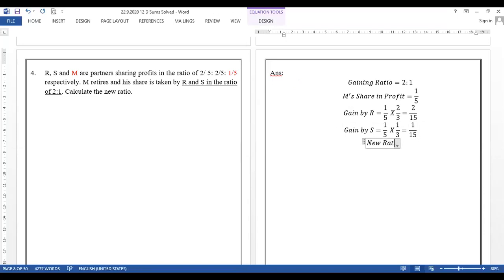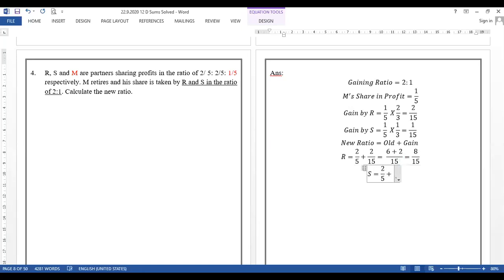The formula for the new ratio is old share plus gain, the share gained from the retiring partner. So for R's new share, old is 2 by 5 plus gain 2 by 15. The LCM will be 15. So 3 2s are 6 plus 2, which is 8 by 15. For S, old share is 2 by 5